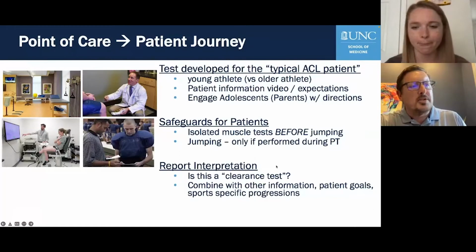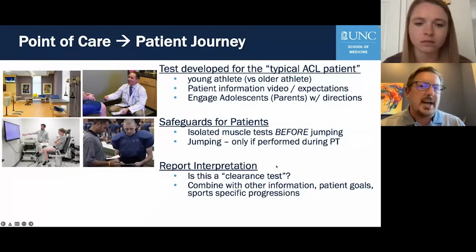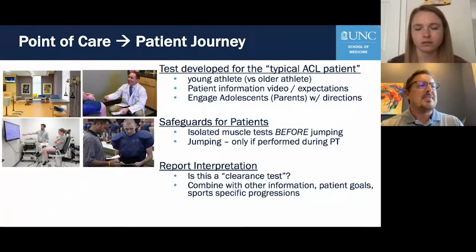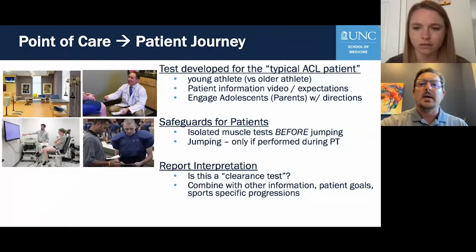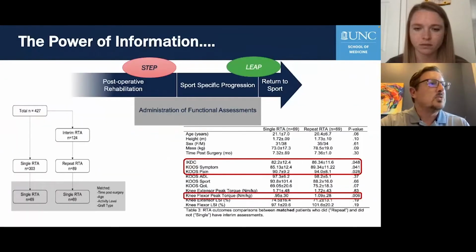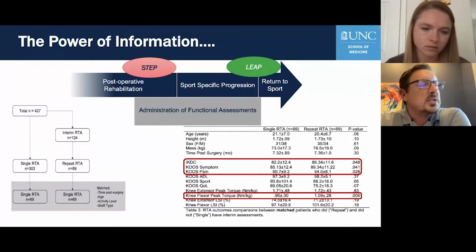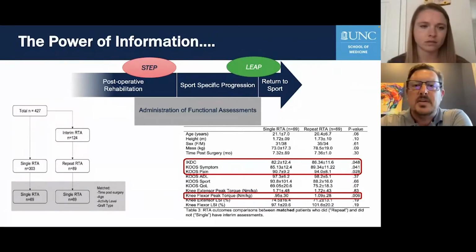And again, the report and interpretation. These tests are called return to sport tests or return to activity tests, but I think they should be considered in combination with many other factors, including other readiness metrics, fear, anxiety, sport-specific observations, and a progression towards sports. One thing I do want to chat about a little bit is really the value of information,